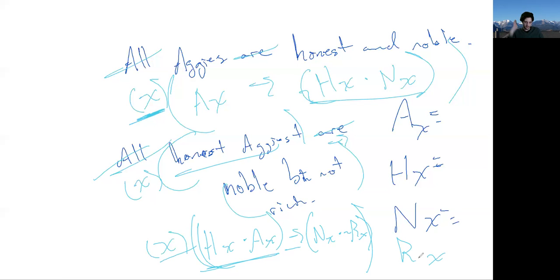As you're going down the list, for anybody that checked yes to both honorable and Aggie, you check, are you also checking yes to being noble but not being rich? As long as nobody violates this rule, we're doing just fine, and that means this A statement is true. So that's practice with the A's.